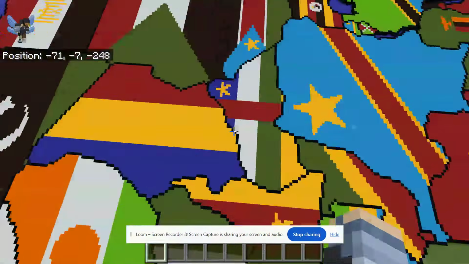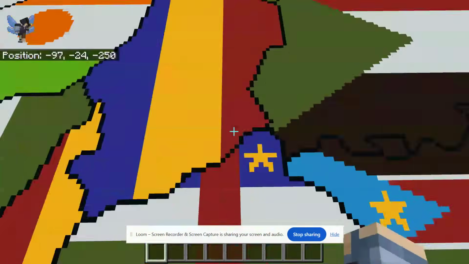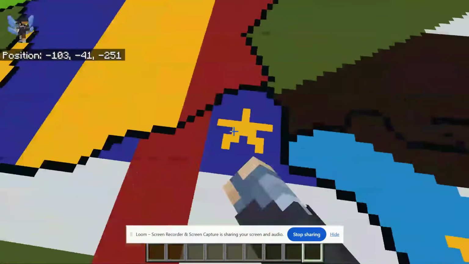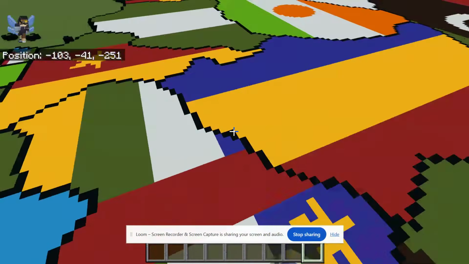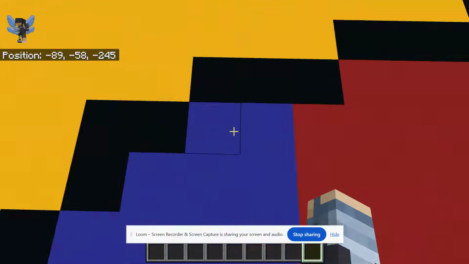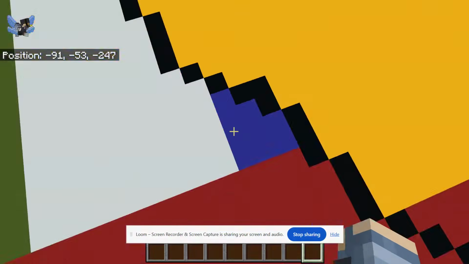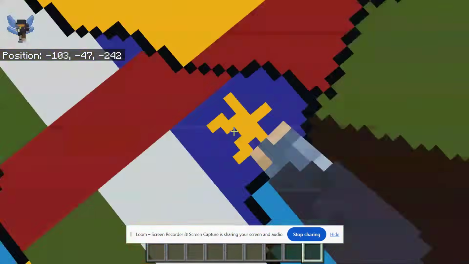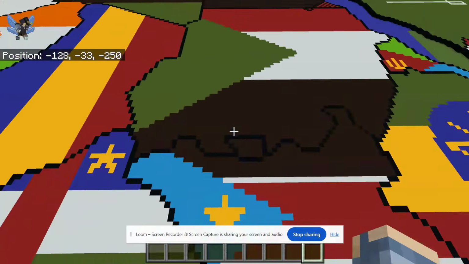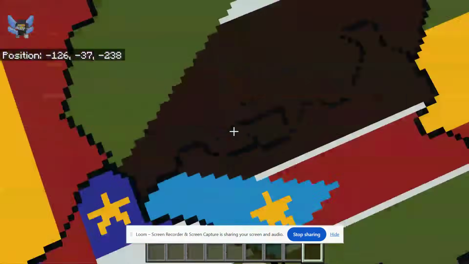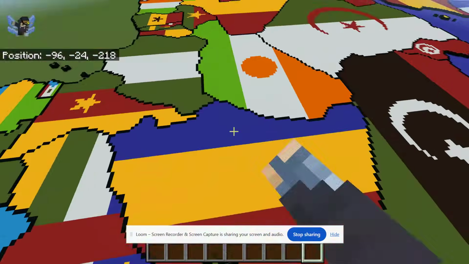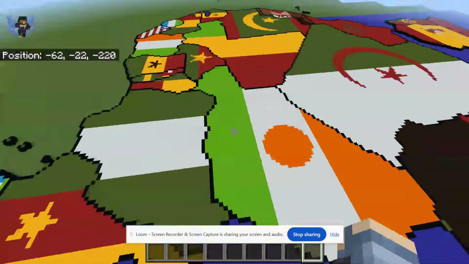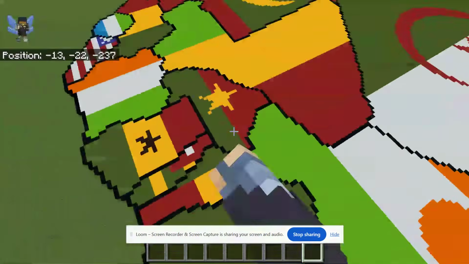This is another example where every feature is supposed to fit. The star is on the other side, but there's only 9 blocks on this side, so you can't possibly fit the star. So they shifted it to that side. Sudan, there's the Abyei condominium. Chad, Nigeria, Niger, Burkina Faso,